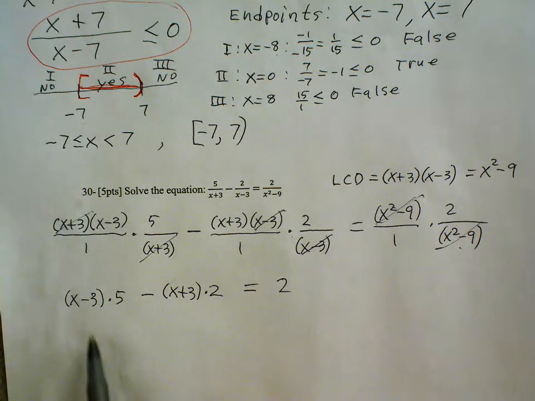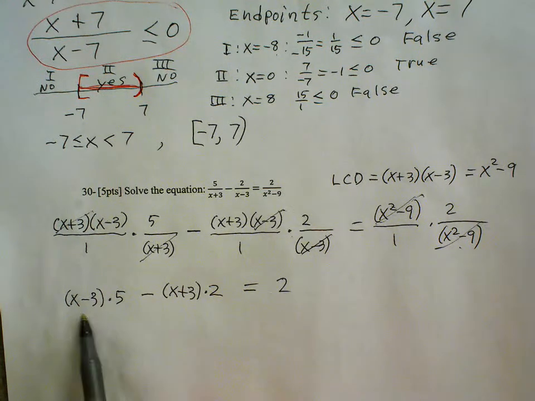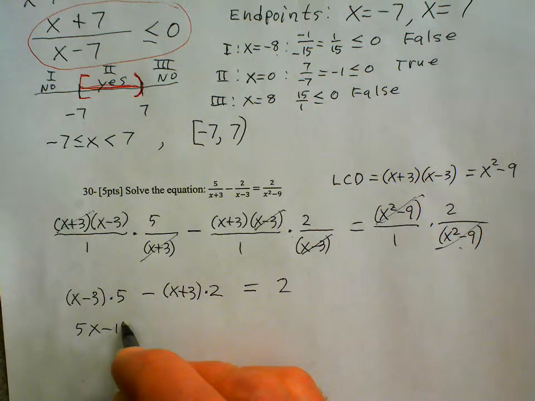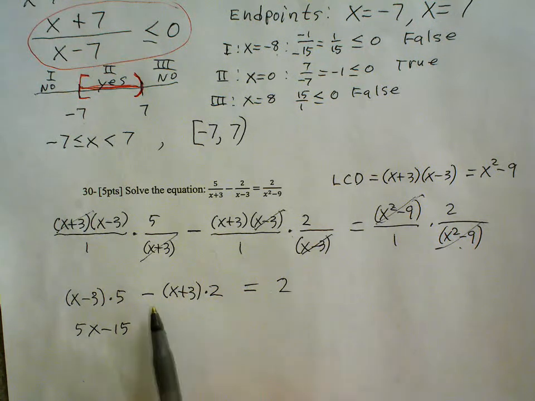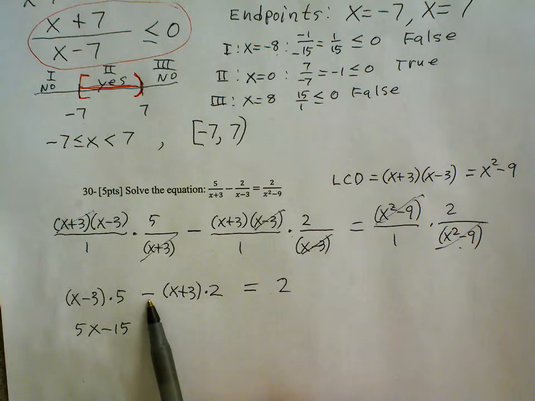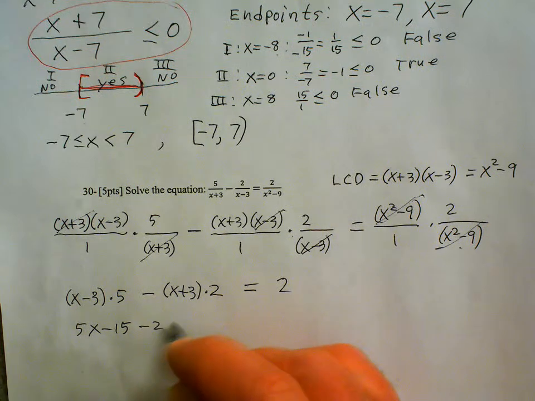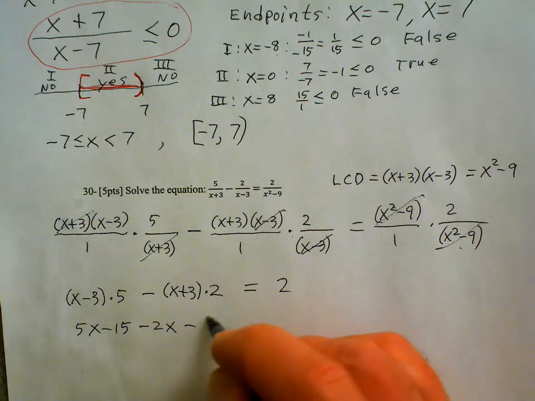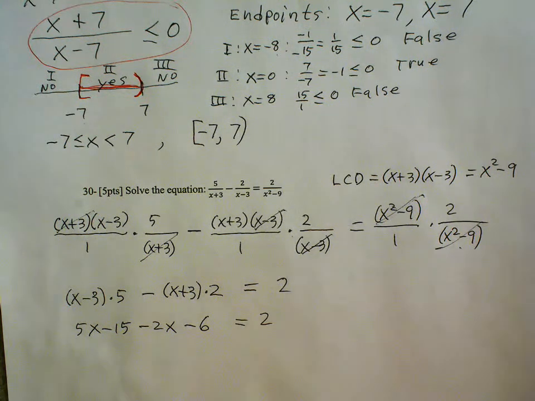Okay, then be careful with algebra and arithmetic. X minus 3 times 5 is 5x minus 15. And here we have to make sure that we subtract the entire product. We have to subtract 2 times x, so we write minus 2x. And we also subtract 2 times 3, or minus 6. And then combine like terms, we get 3x minus 21